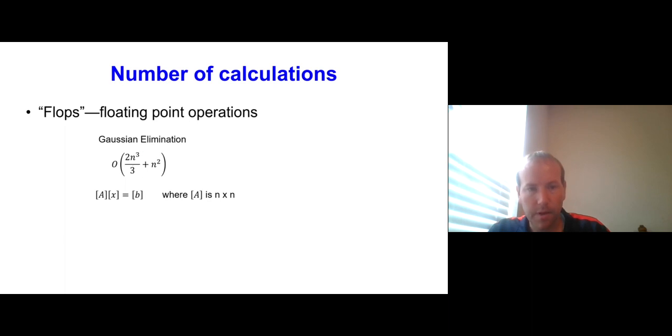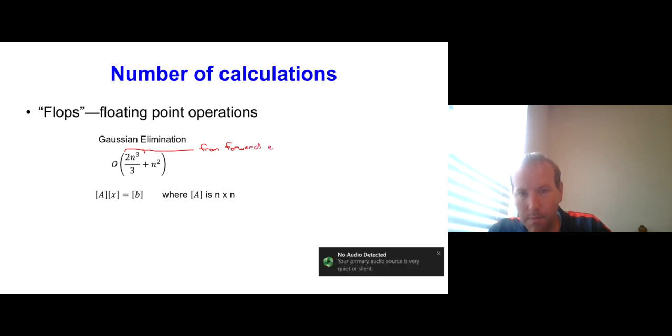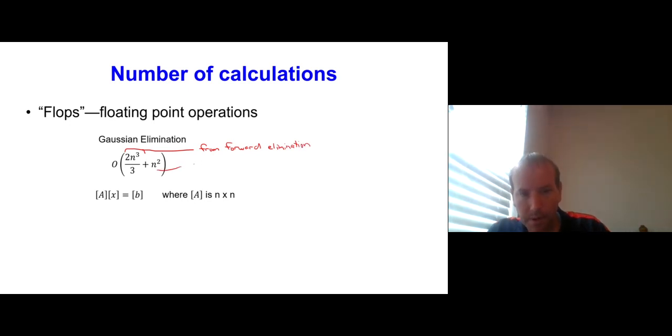on the order of 2n cubed divided by 3 plus n squared, where this part is coming from the forward elimination, and this part is coming from the back substitution. Okay, and